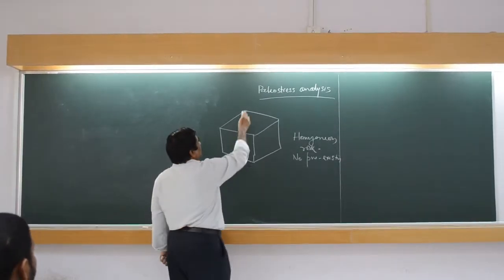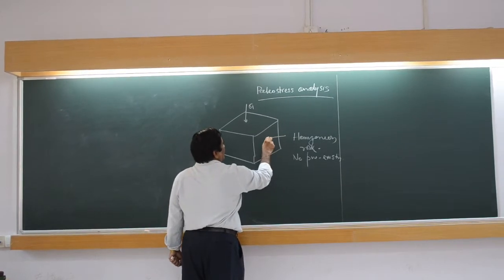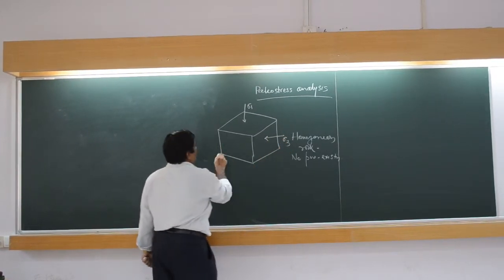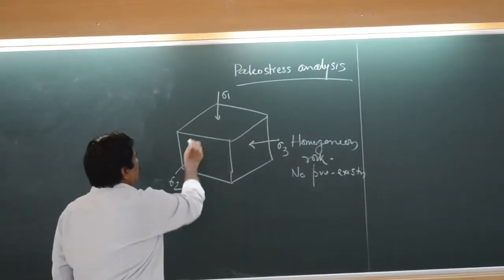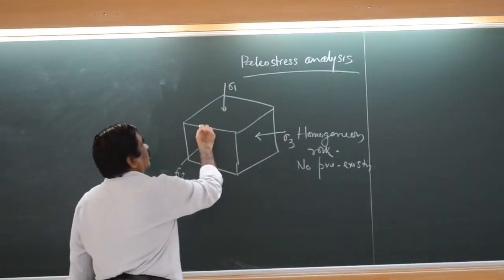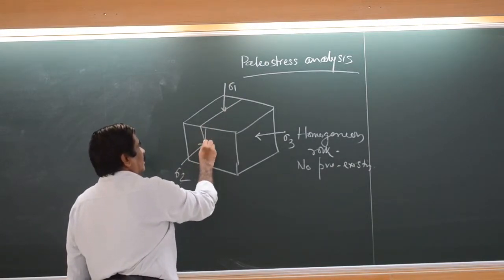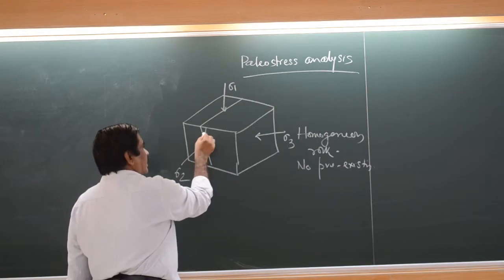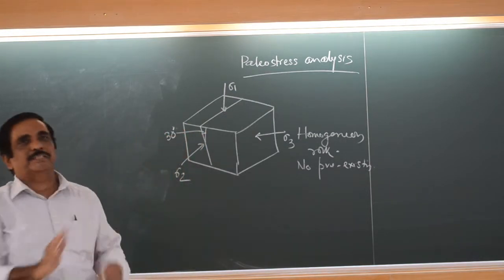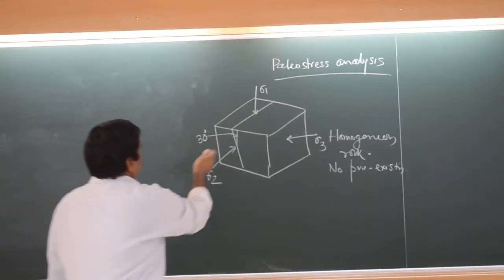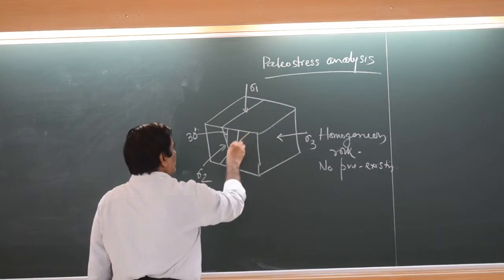In that case, suppose you have a stress sigma 1, sigma 3 this side, sigma 2 this side. Then you get fractures this way. One set of fracture will be like this. This angle with sigma 1 will be around 30 degrees. You may get another set of fracture the opposite way, also at another 30 degrees.